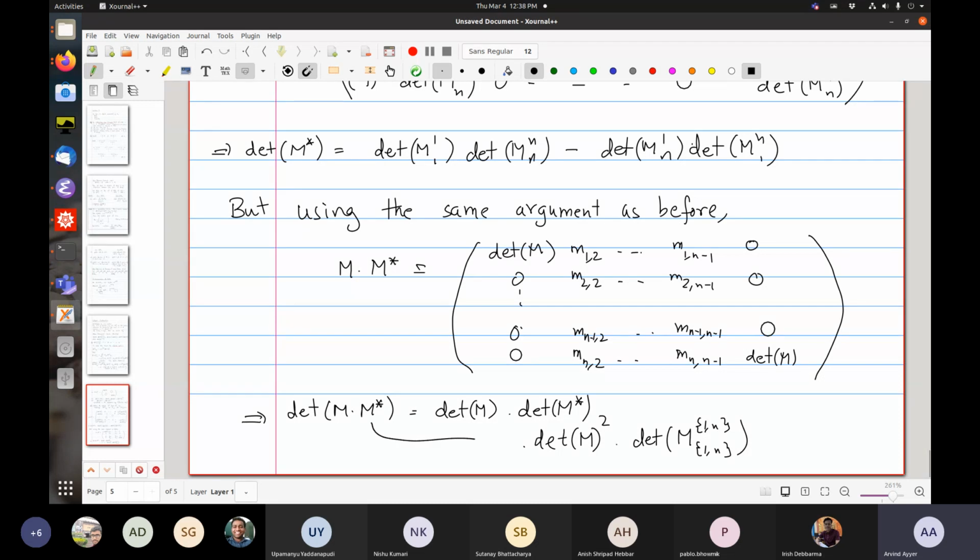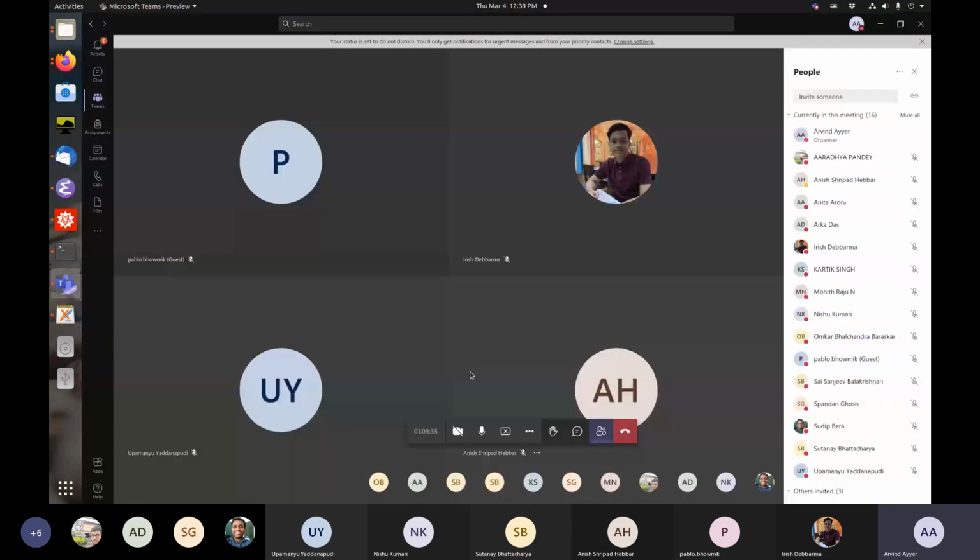Right, so this I give you directly here because this is m dot m star. So that determinant I'm taking here. So I can essentially cancel off one factor. So I get determinant m star equals determinant m times this, which is the same as determinant m star, which is this. So you compare both and you get the answer. Okay, is that clear? Sorry, I confused myself a little bit. Are there any questions about this?